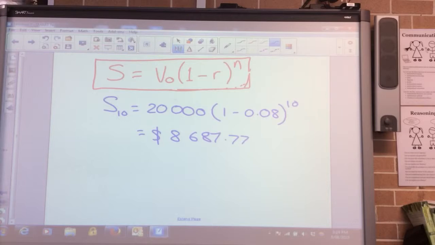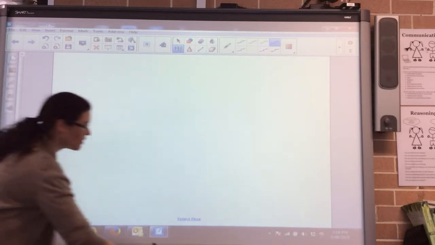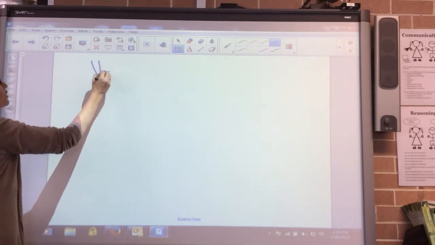Okay. So the last example I want to look at is that we are told what the car's worth at the beginning, so we're going to be told that V naught,